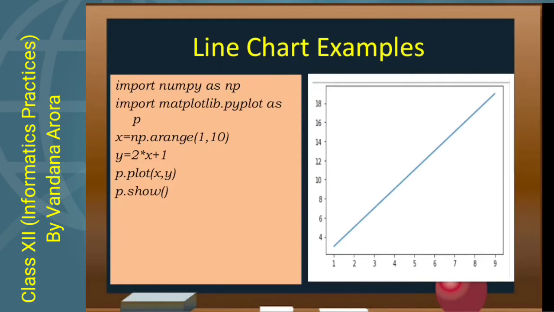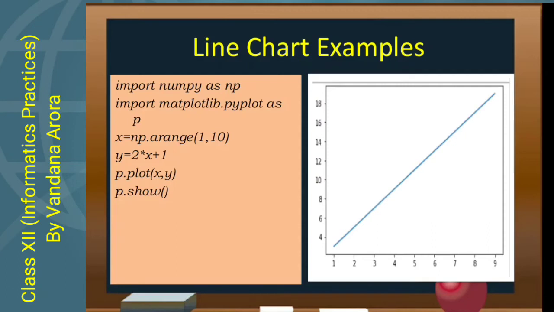Then we plot the graph with the help of the plot function, p.plot(x, y). Here x will be plotted on the x-axis and the second parameter y will be plotted on the y-axis on the 2D plane. Then I have used the function p.show. This show function is compulsory to write in standard Python, otherwise output will not be displayed on the screen.